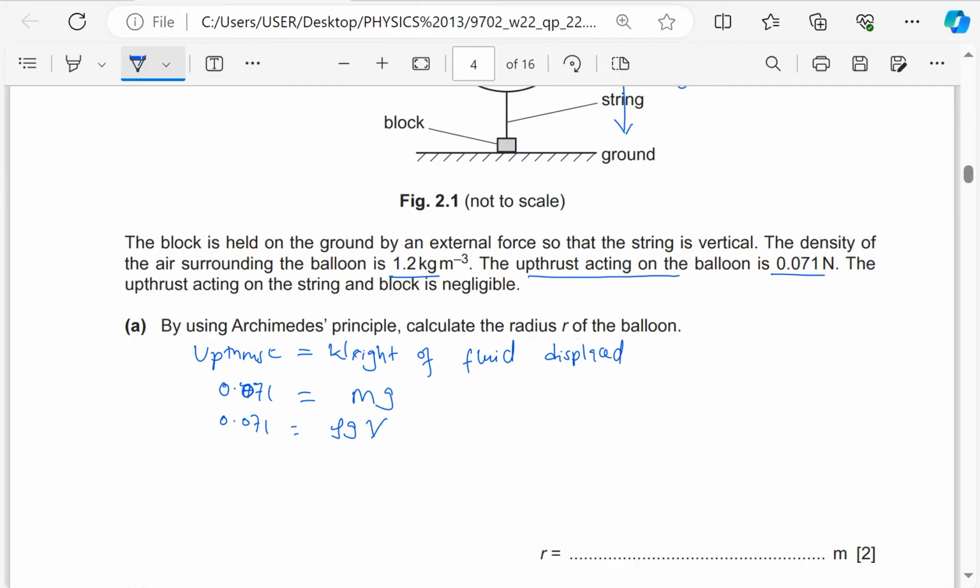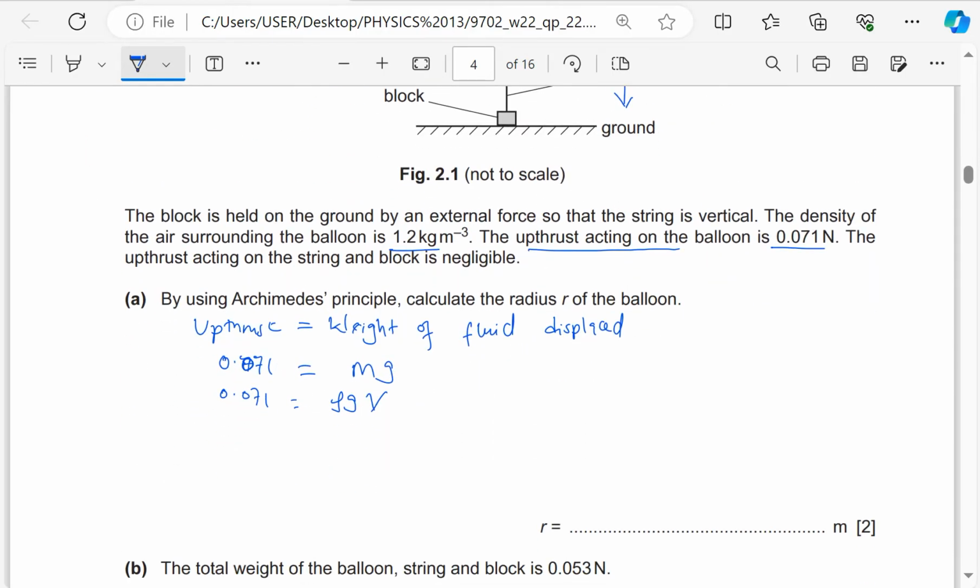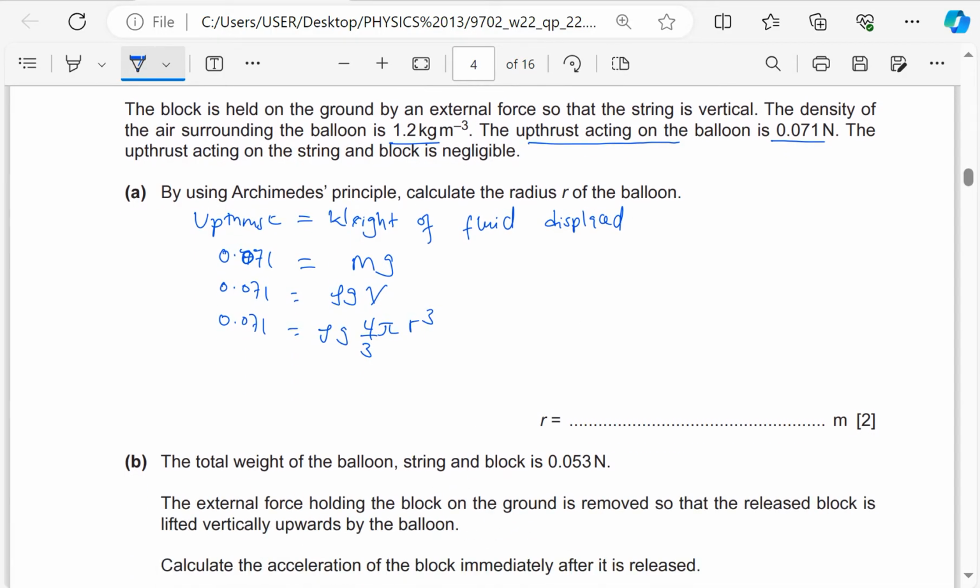Okay, but also remember the balloon is going to be considered to be spherical, so V will be the volume of a sphere. So this means 0.071 is equal to density times g times 4 over 3 pi r cubed. So I'm just going to make r the subject. So r cubed is going to be 3 times the upthrust, 0.071, divided by the density